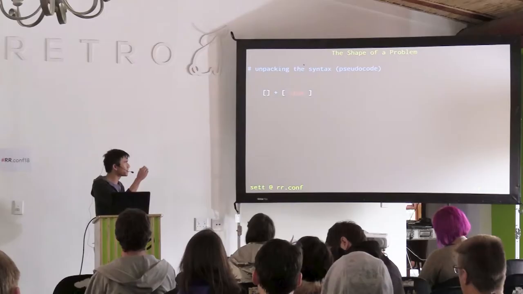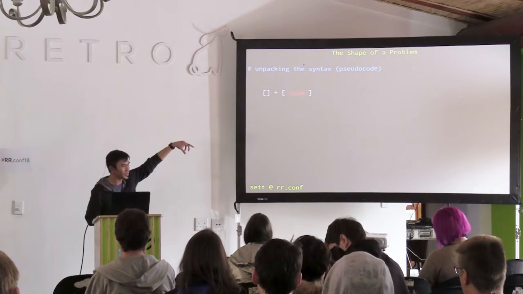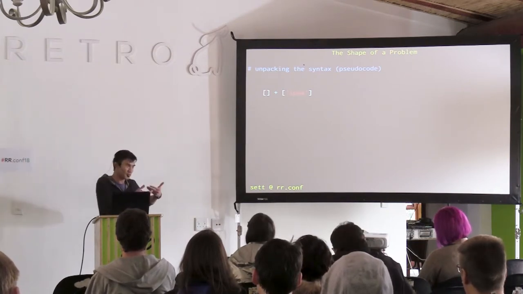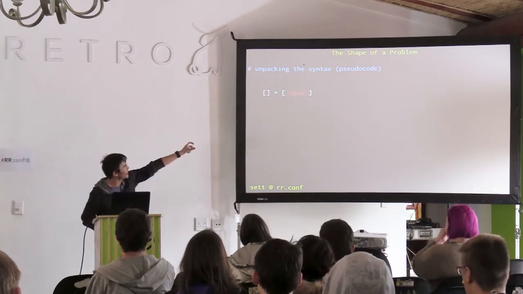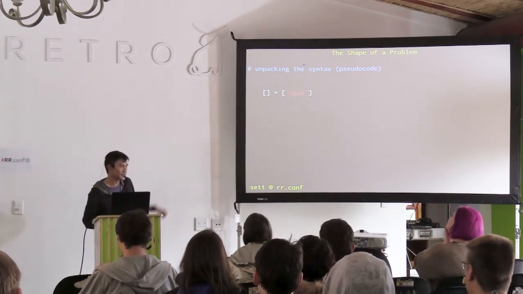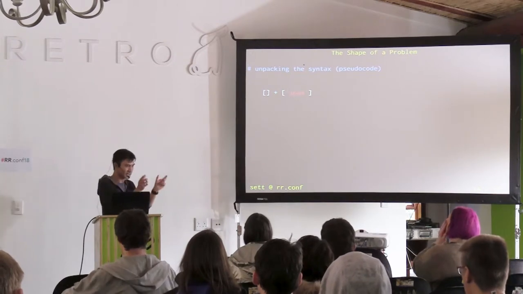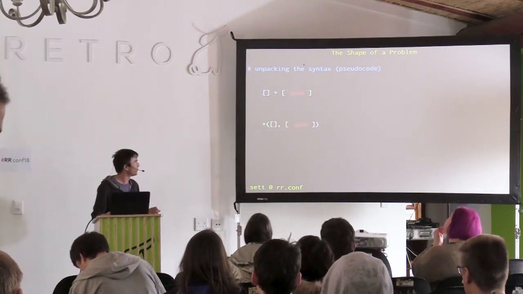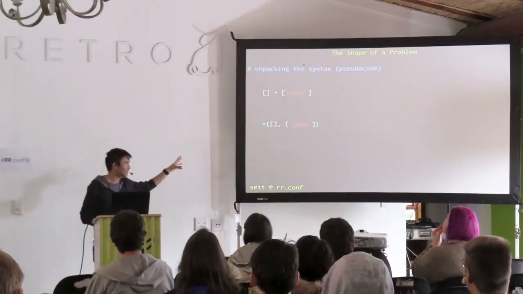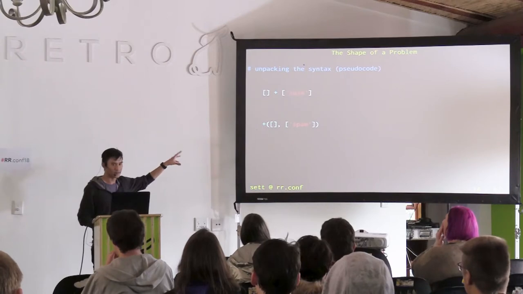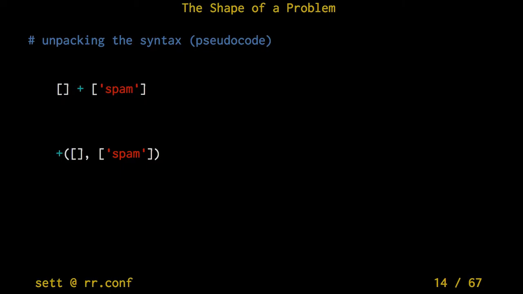Bear with me here. This is actually quite interesting because what's actually happening is there's a function being applied. So there's an A and a B, and the output is the combined list. So we're combining a list of spam to an empty list, and the output becomes a list of spam, right? In a classical sense, your addition operation is the function that's being applied, and your input parameters are those two things.